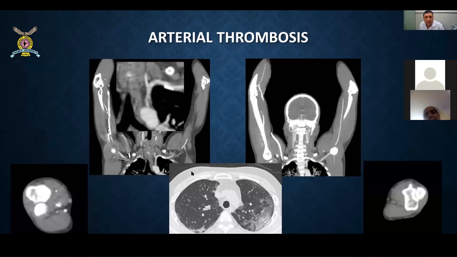So this is another patient. We showed there is an abrupt cutoff of the brachial artery at the level of the elbow. There is a thrombosis and there is non-opacification of the proximal radial and ulnar artery. And again, if you see, there is a central filling defect. This is a zoomed image. Central filling defect in the left innominate artery. So this is a case of left innominate artery thrombosis and left brachial artery thrombosis with complete occlusion of the radial and ulnar artery. This is also a proven case of COVID-19, and this patient presented with cyanosis of the fingers.